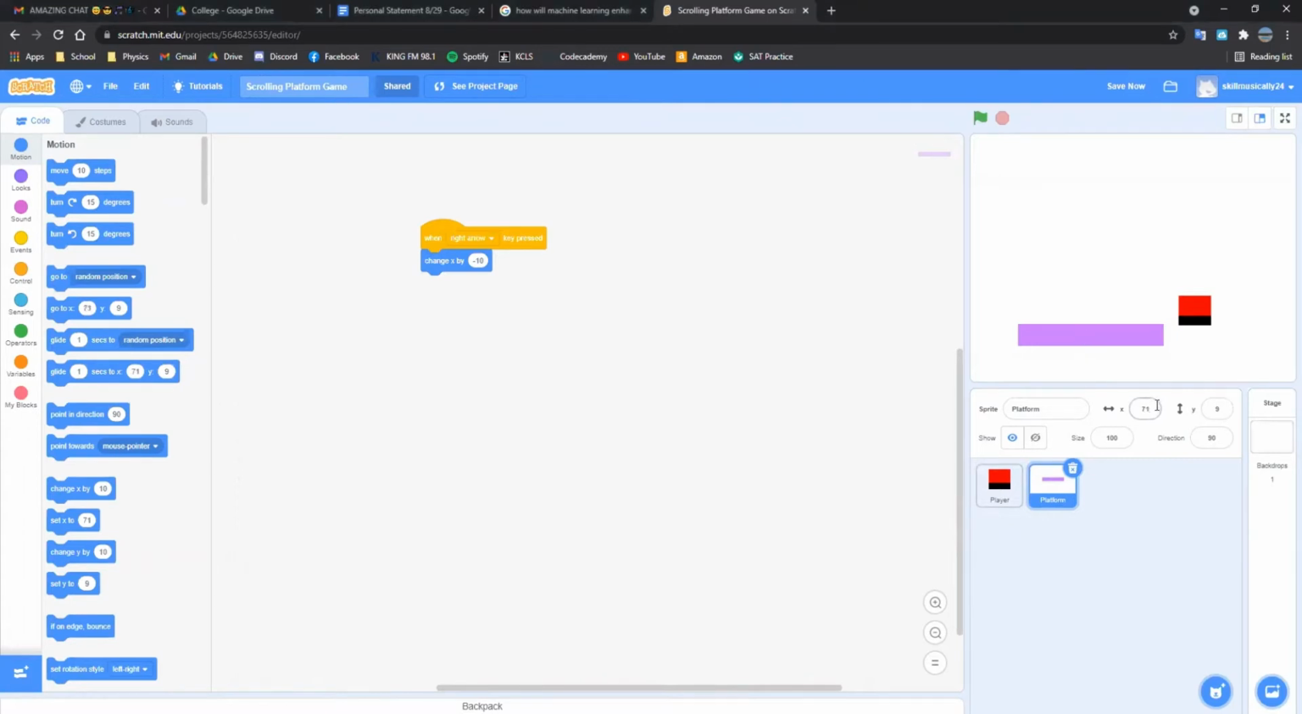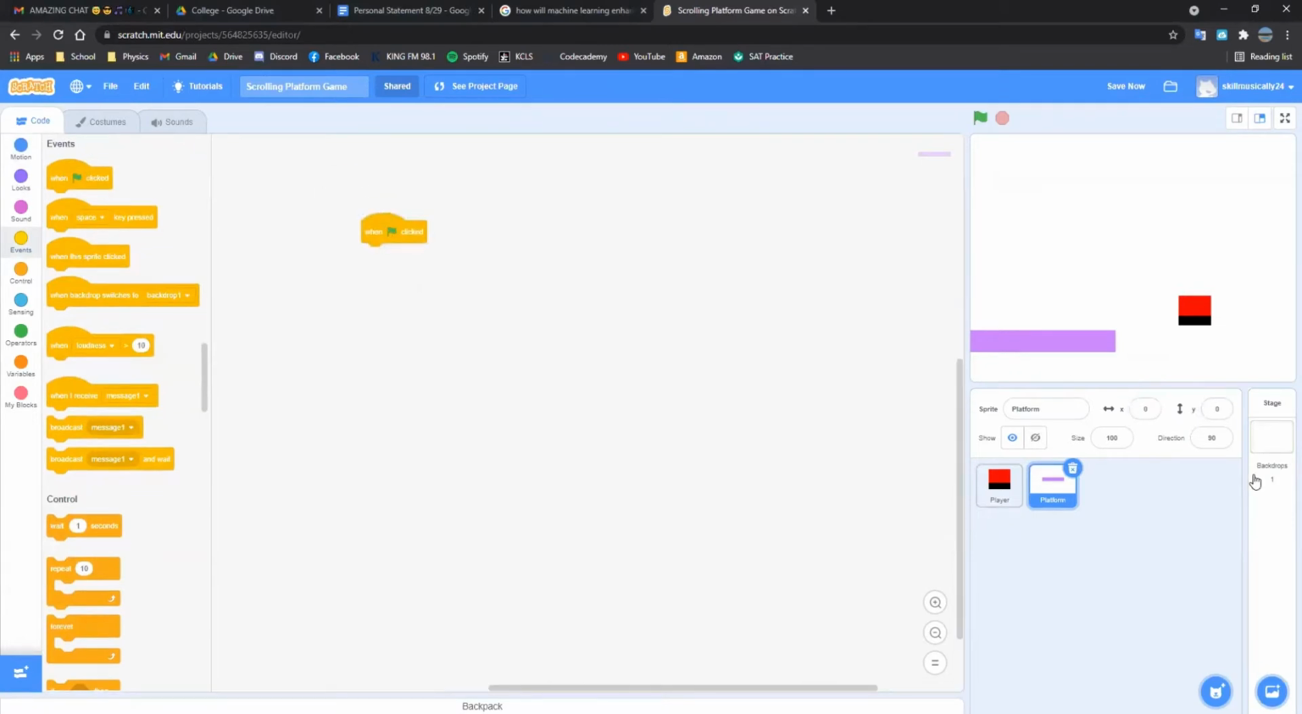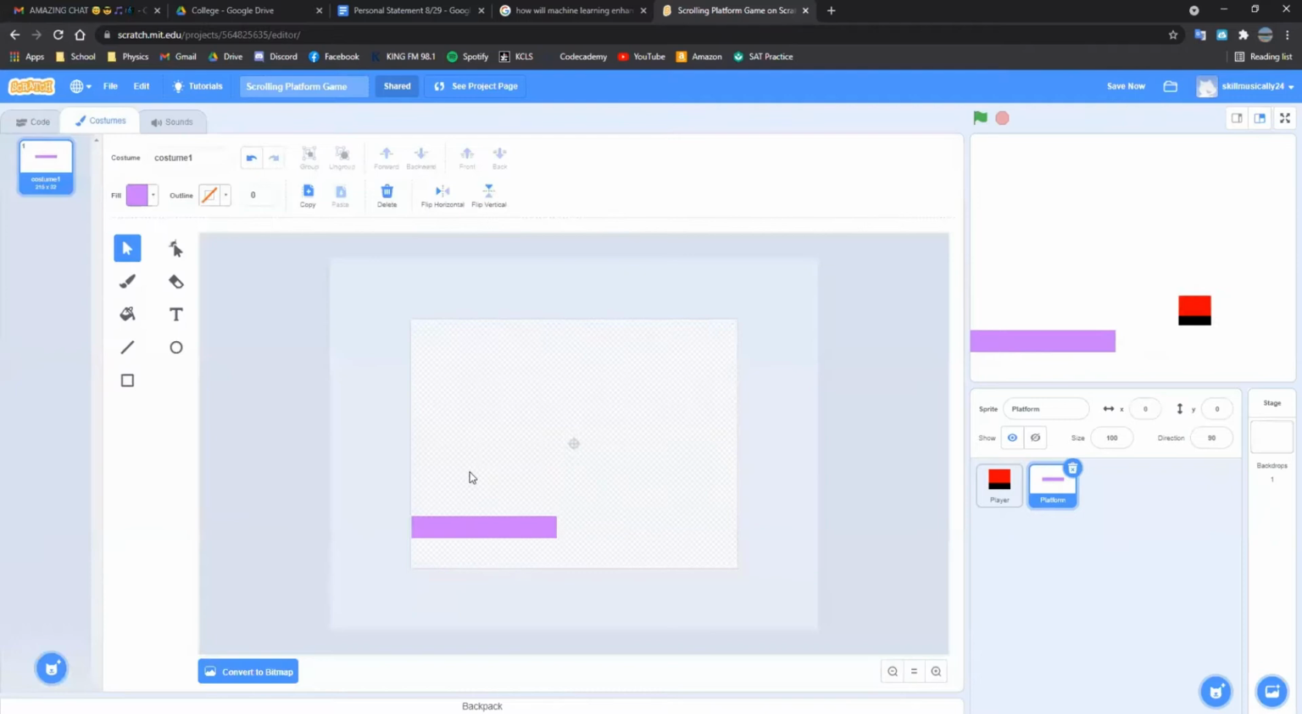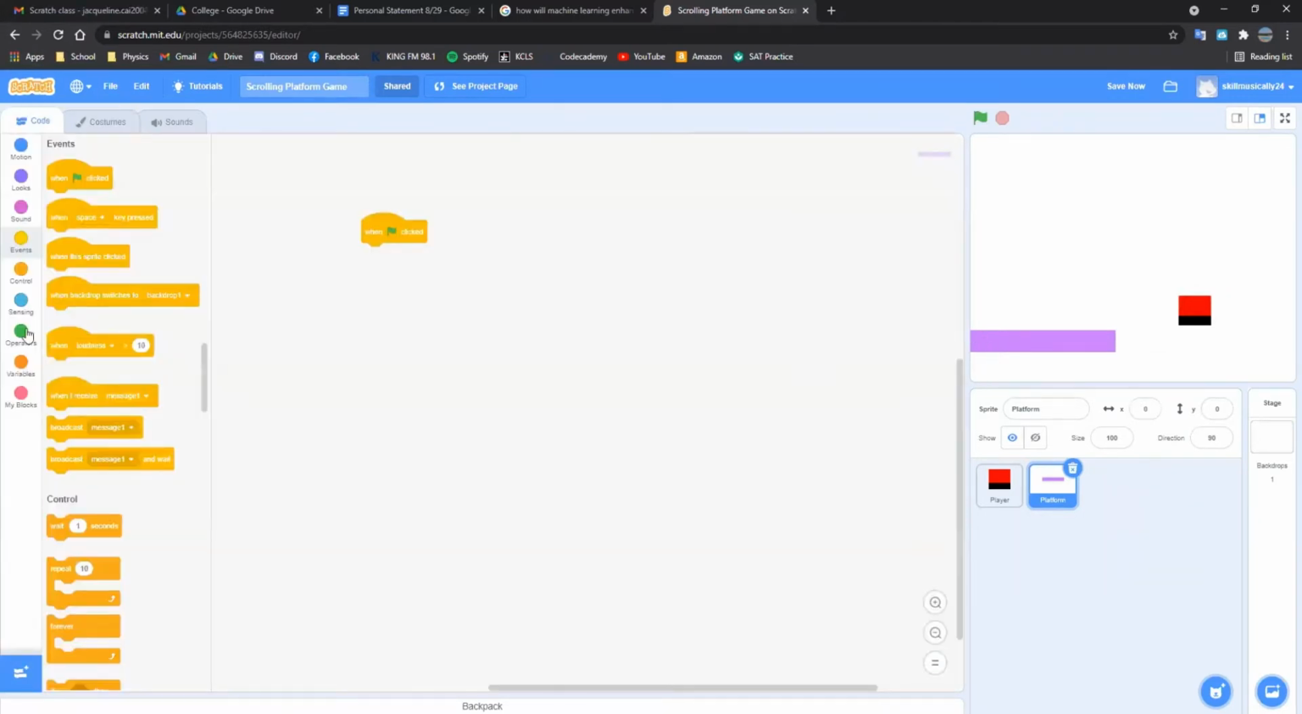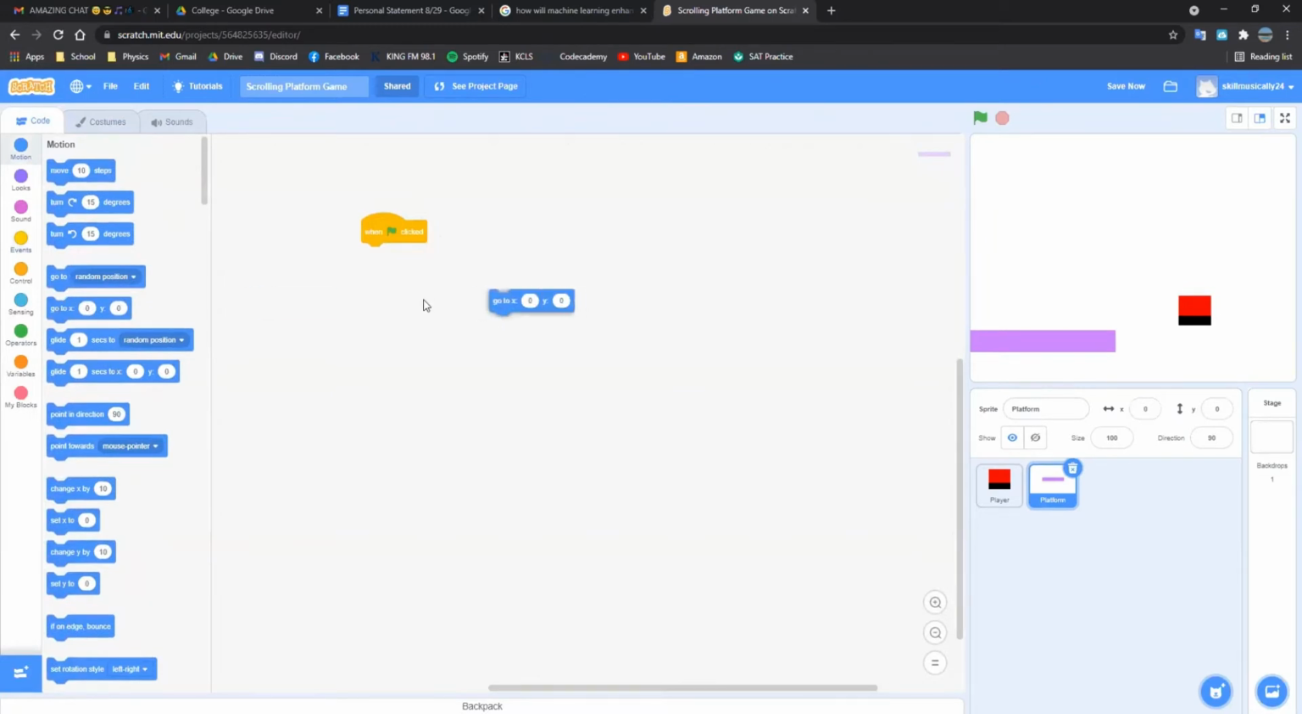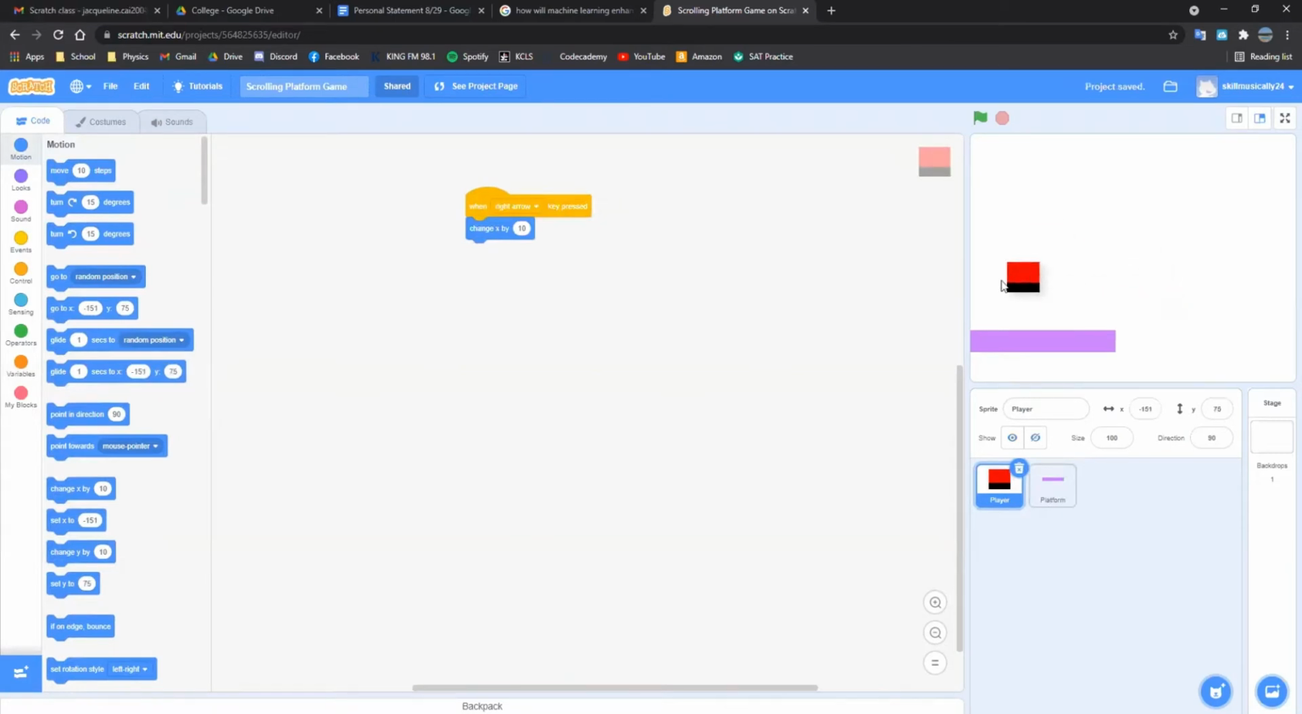Well, let's first set our sprites to the correct position. So we want this platform to be over here, as we see in the costumes. And so this position right now is 0, 0, so we can keep that position. And as for your player, you want to make sure the player starts somewhat above or exactly on the platform,